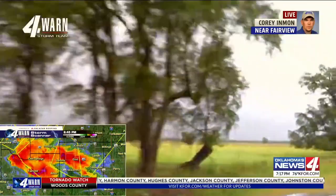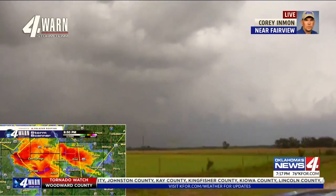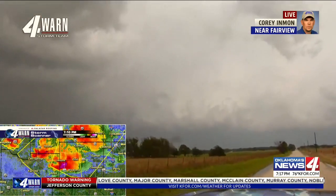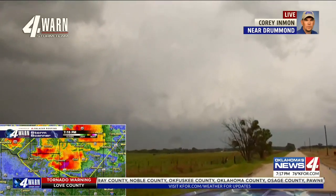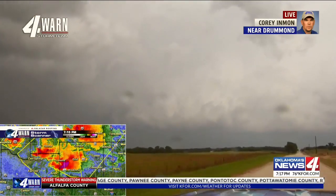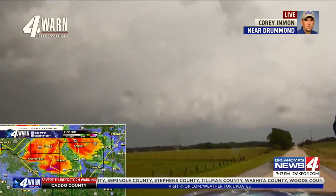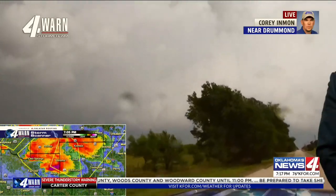Yeah, Mike, we are just to the southwest of Drummond, closing in on the backside of the storm that Aaron was talking about, from east of Fairview, north of Ames, all the way over here to southwest of the Drummond area. We've encountered some areas where we had quarter-size hail that was covering the road. There's a lot of tree debris in here, where the hail core came through and just kind of shredded the leaves off the trees. We haven't encountered any of the high-velocity winds that Aaron had. Actually, right here where we're at, the winds are almost calm. So we're just a few miles behind the storm here, so we'll be coming in to the south side of